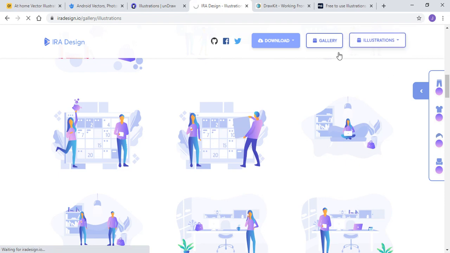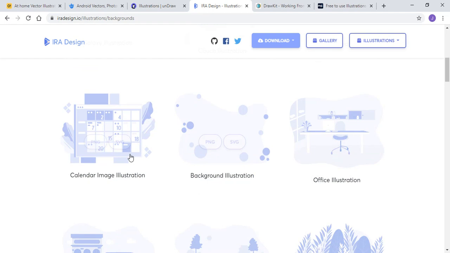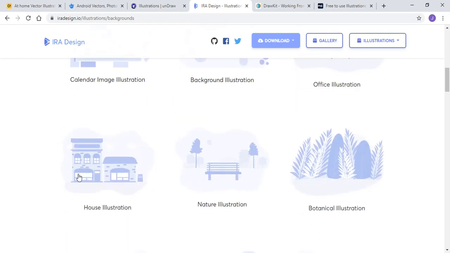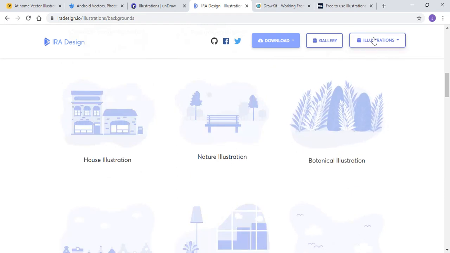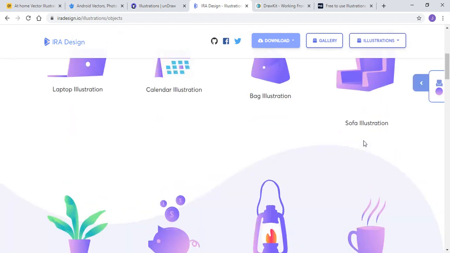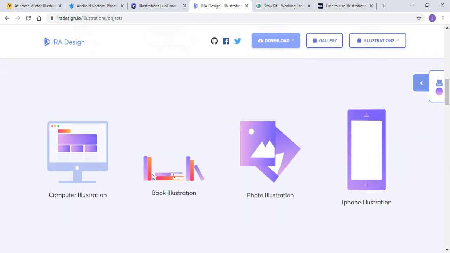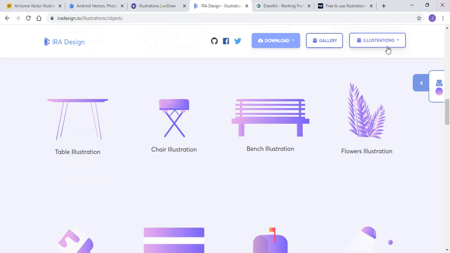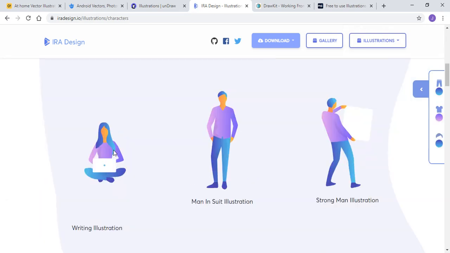From that you will get all the background ideas, and you can download it either in PNG form or in SVG format. So you can also find objects. So here is sofa illustration, coffee cup illustration, pigs, computer and many more illustrations. And you can also find the illustration for your characters. So here is the resource for the character illustrations.